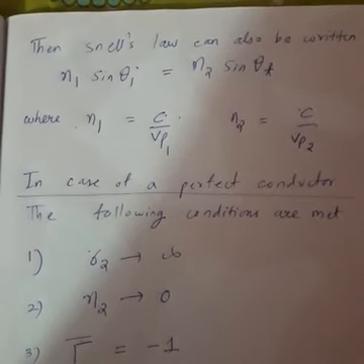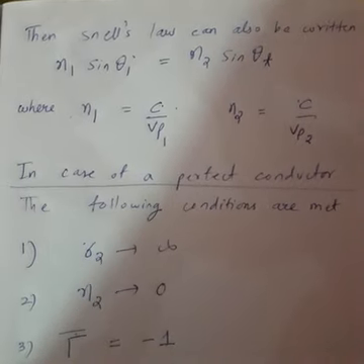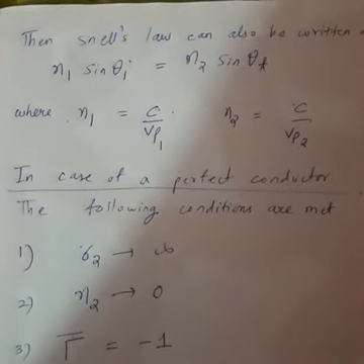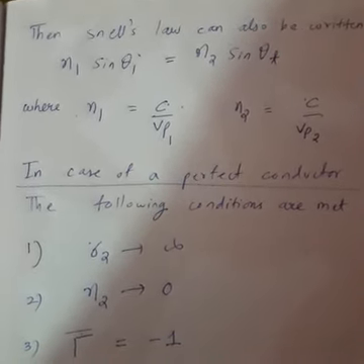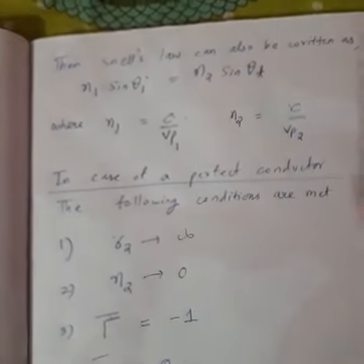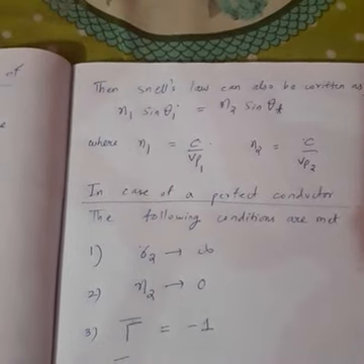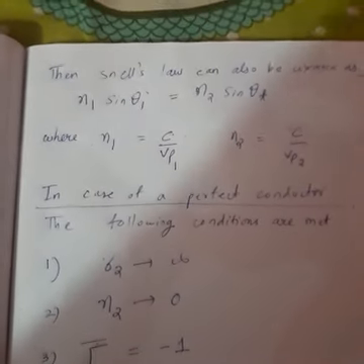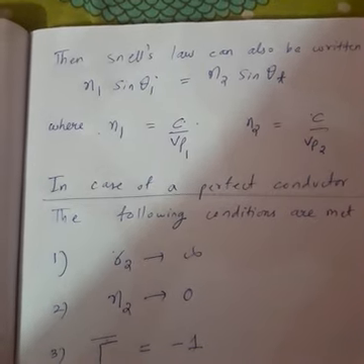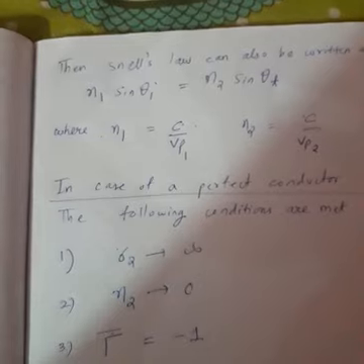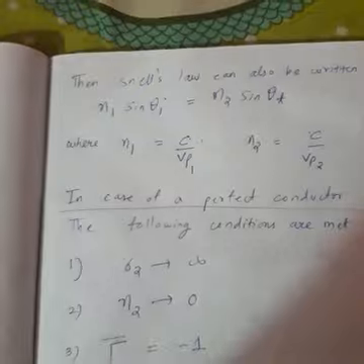Now, Snell's law is also written in terms of the refractive index as n1 sin theta 1 is equal to n2 sin theta t. Or simply you can write n1 sin theta i is equal to n2 sin theta t, where theta i or theta 1 is your incident angle and theta t is your transmitted angle. The incident angle, transmitted angle and reflected angle we have already discussed in the previous class. So this is simply a special case, just an elaboration of the topic taught in the previous class. So let us not go into that.